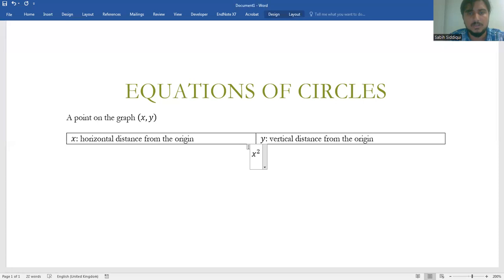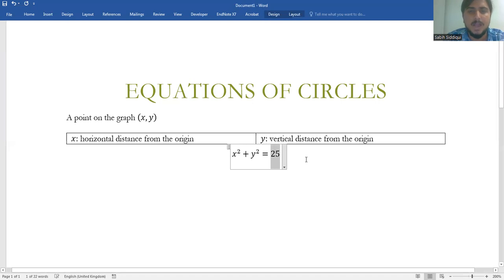Now if I tell you that x square, which is the horizontal distance squared from the origin, plus y square, which is the vertical distance squared from the origin, is equal to 25. Obviously, this matches Pythagoras theorem, and I am relating it to the hypotenuse, with the square of the hypotenuse being 25. So what will be the hypotenuse? The hypotenuse will always be 5 in this case. So if the distance from the origin is 5, when you draw it on a graph, you get a circle